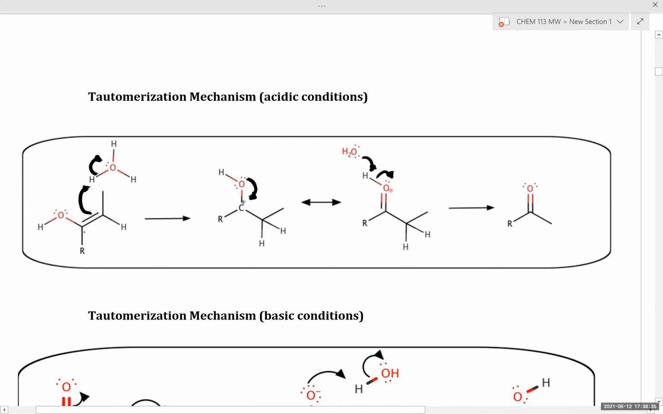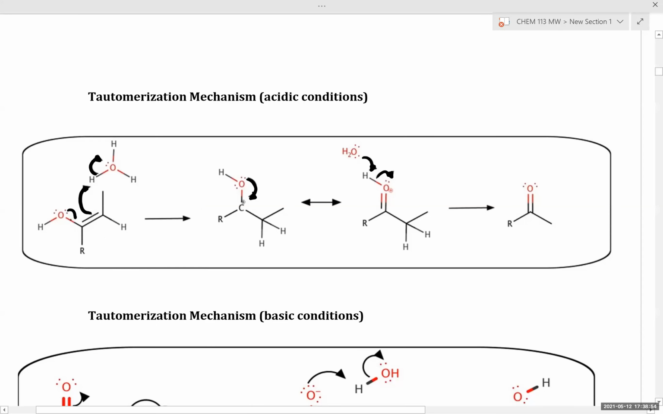So if we protonated instead of the alpha position directly at the carbonyl carbon, we get a less stable carbocation. Further, if you think about this mechanistically, you can draw this step as you kick down this lone